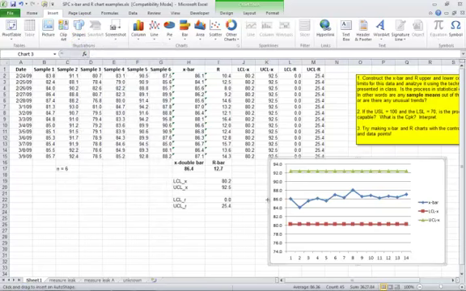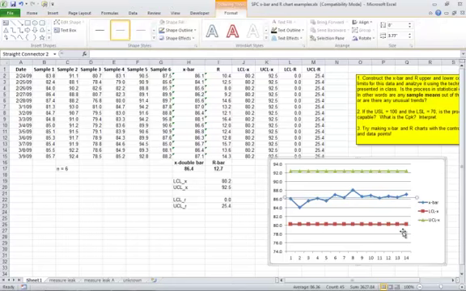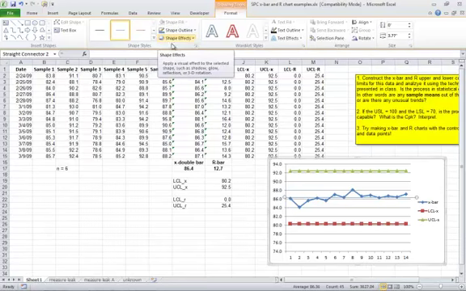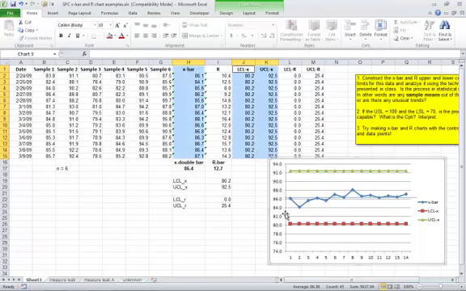The average is about 86, so there's about the average. So I'm trying to draw a line there at 86, and then I look at the data and determine, do I see any patterns here? And no, I don't see any